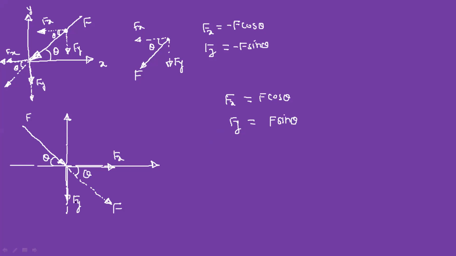So direction, it is acting in the downward direction. So it is minus F sin theta. Okay. Now instead of in the fourth quadrant, we can resolve the force in the first quadrant only. Sorry, second quadrant only. Okay. So you can select any point. Suppose I am selecting this point.